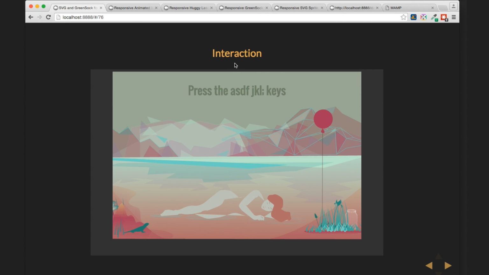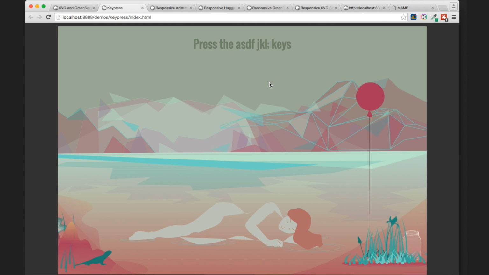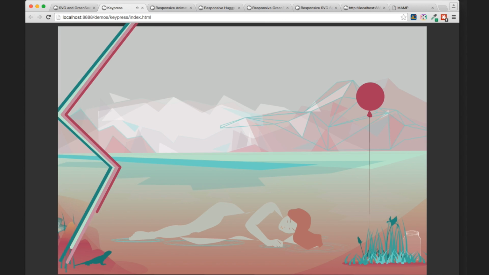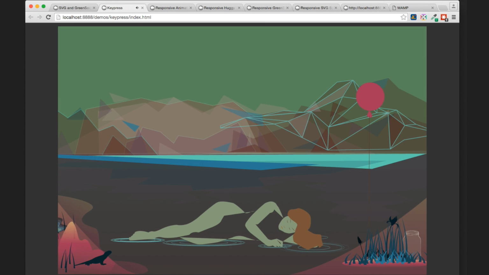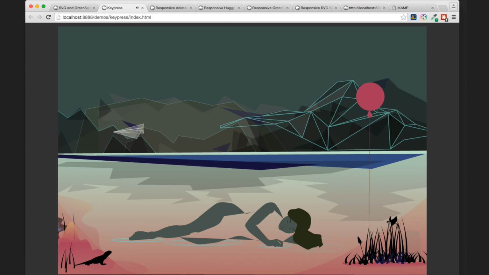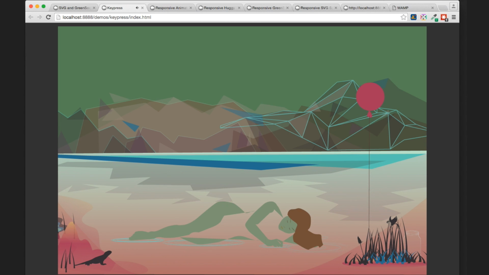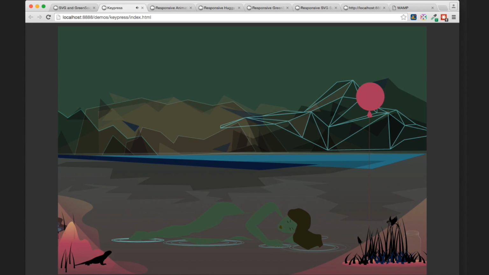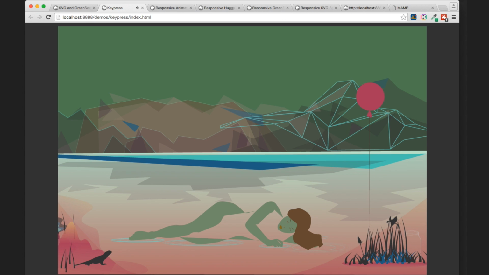This is the last fun thing that we'll do before ending. It's just a little bit of interaction and animation. So I can add interaction to my SVG. If you see this balloon, SVG was kind of built for these things.